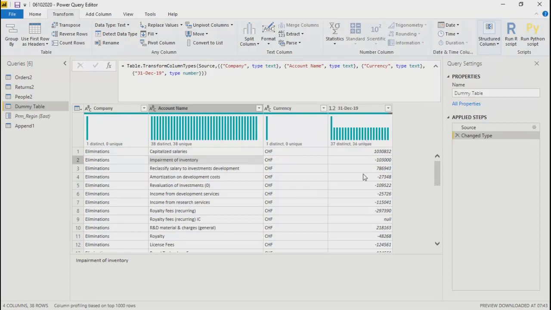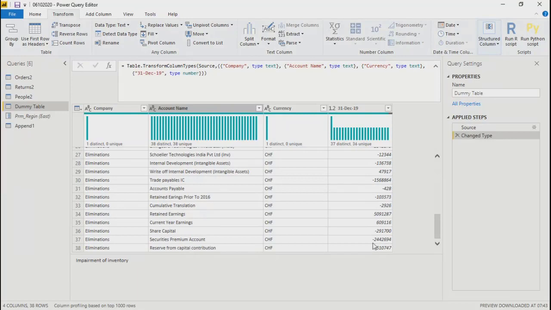It's a different format of numbers. Over here the last numbers are coming as negative 5 lakh or 244 lakhs, something like that, right?